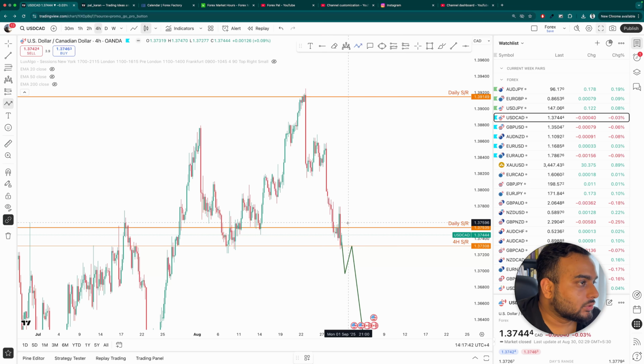I want price to come back up, stop, reject, and I want to see some rejection candles from right here. If there are long wicks to the downside and then a good engulfing candle, then it would be the right time to buy